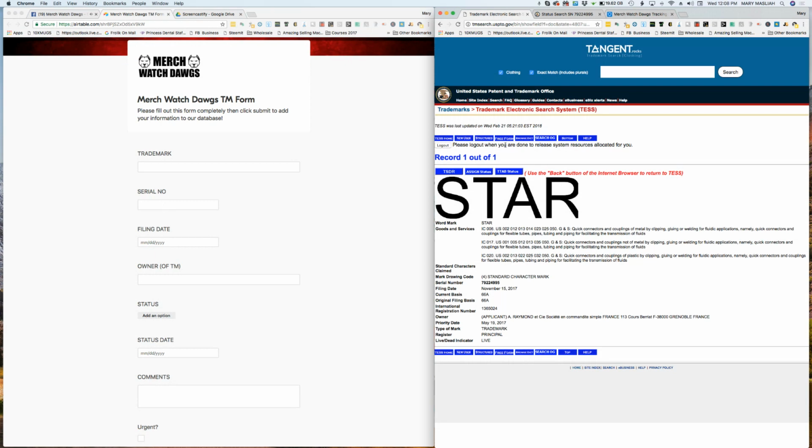I'll go ahead and add this one. I don't know if this is vetted, and really we don't want you to have to think too much about this. But go ahead and submit, because there's people who are going to check the trademarks to make sure that they're ready for the letter of protest. So you first put the name in here, then you'll put the serial number,